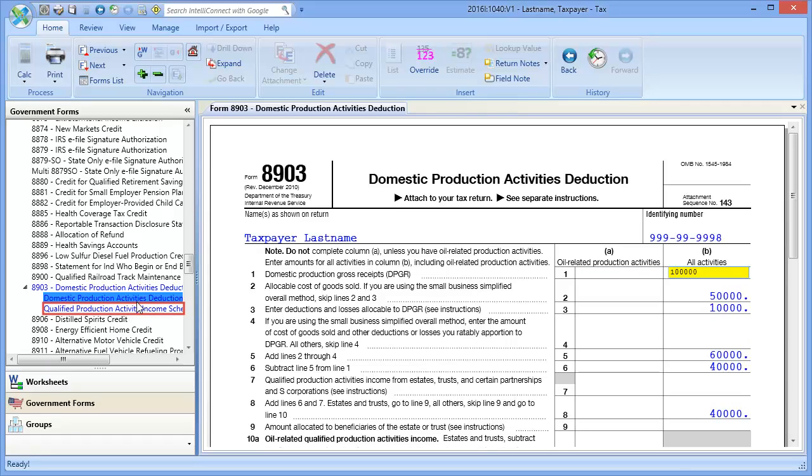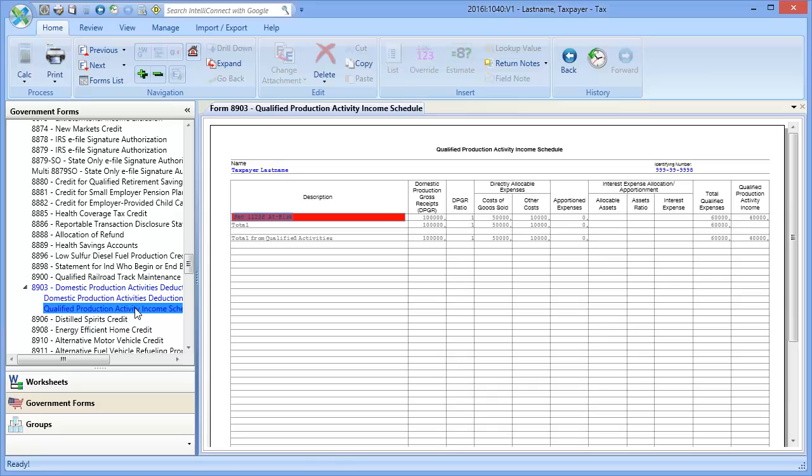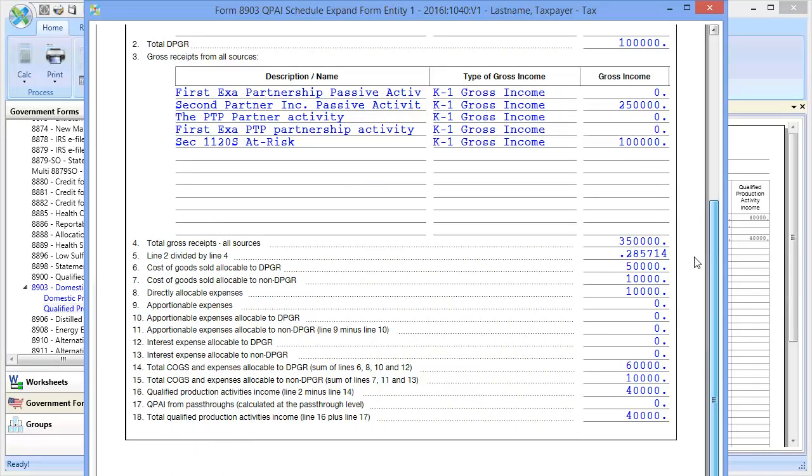Now select the QPI schedule. Here we can also see that the QPAI schedule has populated. If you click inside of a field, you will notice the Expand button becomes active. This expanded form will show detailed breakdowns of the computed